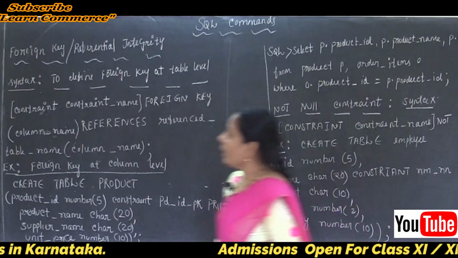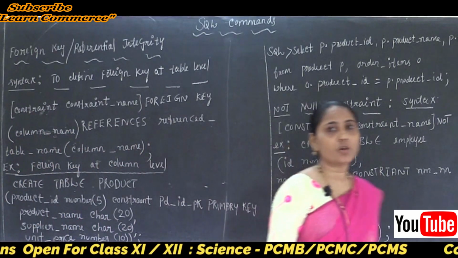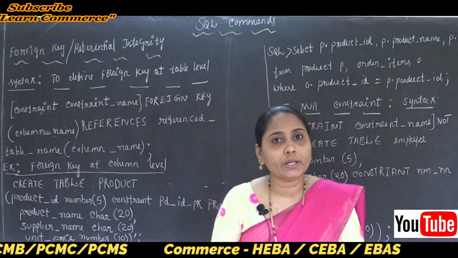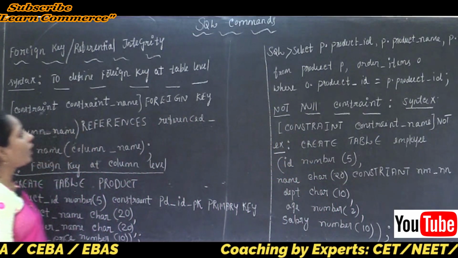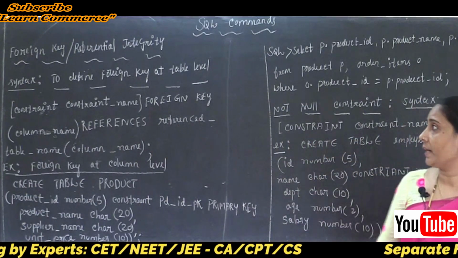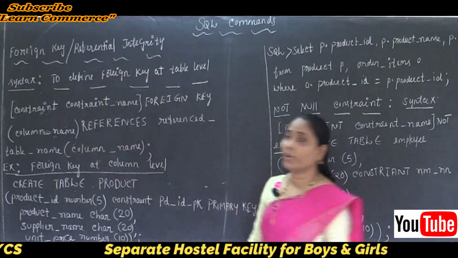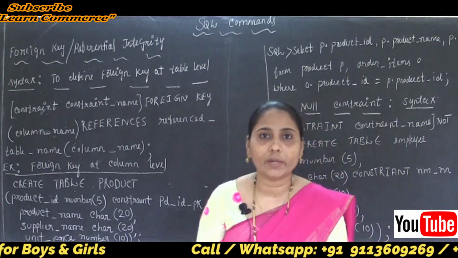Next thing, after completing the primary key. Why? Because we know that the constraint about the primary key uniquely identifies each record in a table. Now after that, the next example in our constraints, the second constraint name is the foreign key or referential integrity. We already know the meaning of the foreign key.